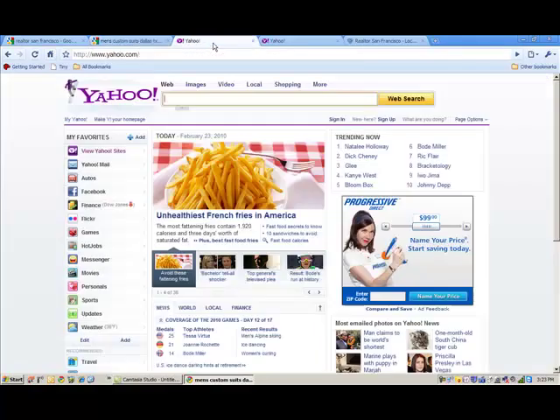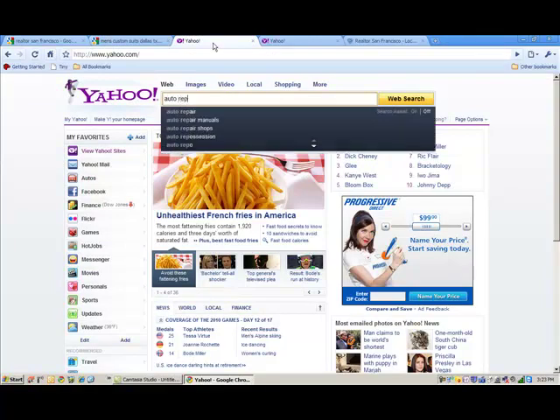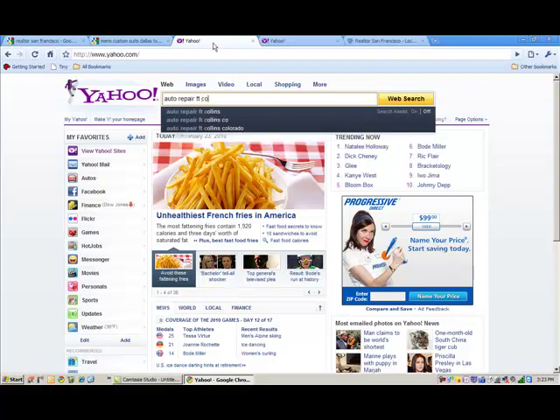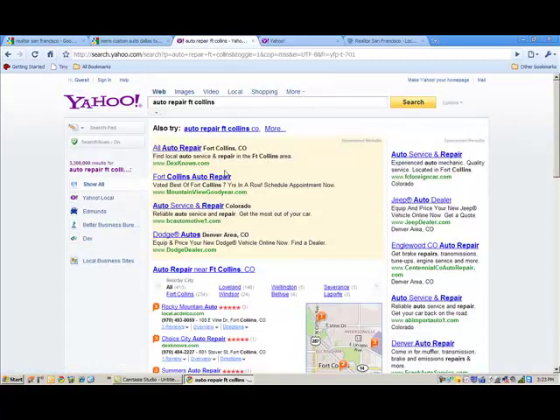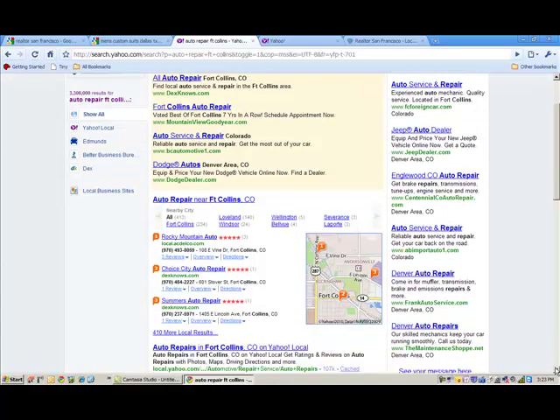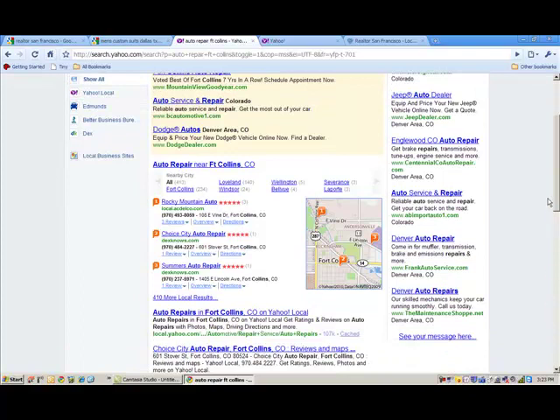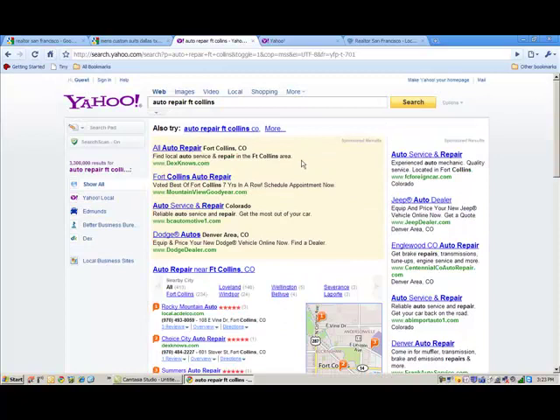Let's go over to Yahoo, and let's go to auto repair, and let's do this. We've got an advertiser in Fort Collins, and so I hit enter, and let's see if it shows up. And it doesn't look like, unless it's down here at the bottom, that one came up. So let's go back over and let's try